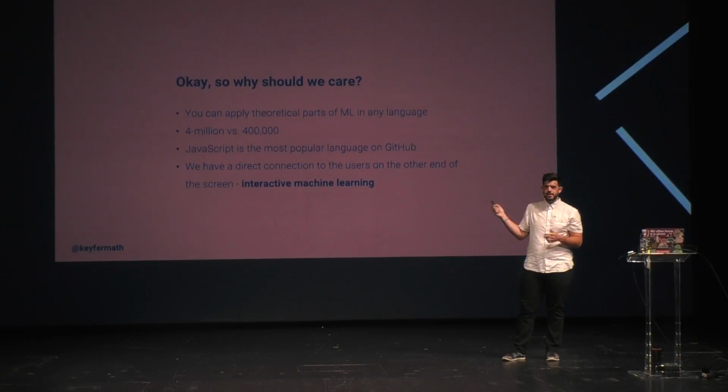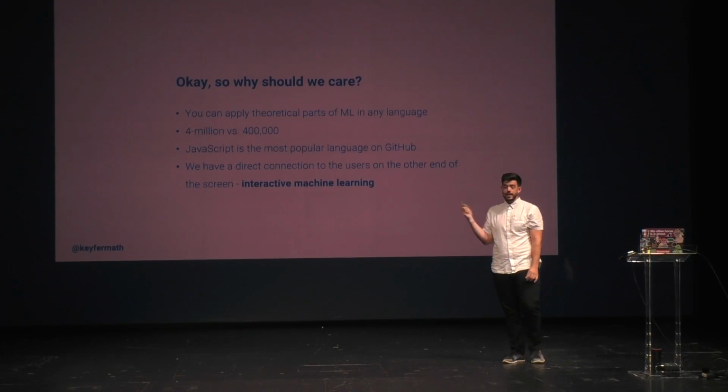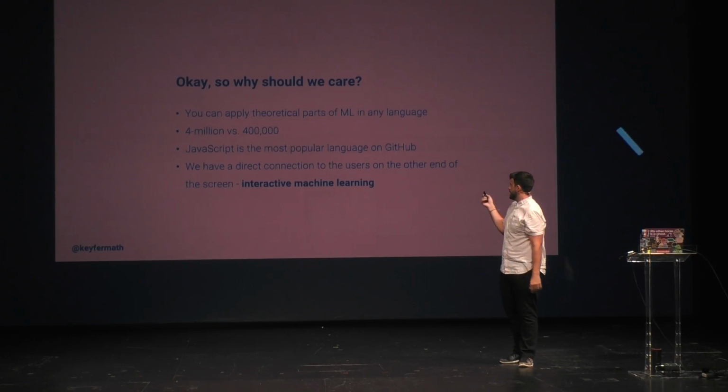And the cool thing is JavaScript has 4 million developers, and Python has 400,000 developers. So if we can harness the community that JavaScript and maybe a front-end development team would across the world, we can do a lot cooler and more interesting things a lot faster. Those numbers are pulled from LinkedIn, so maybe if you trust that source, I don't 100%, but it's 4 million